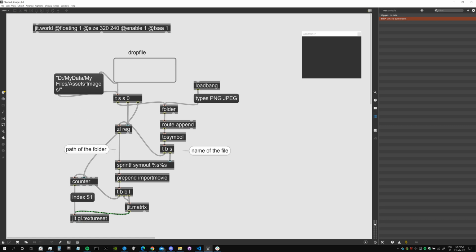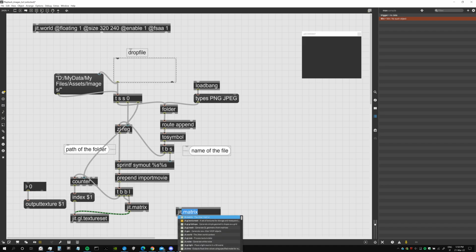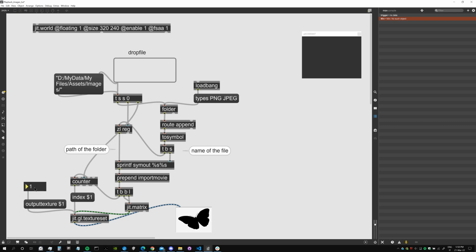Let me just click here. Good. And now we can output those images from jit.gl.texture set with the output texture message with an index. So let's give it a try with jit.pwindow. So this jit.gl.texture set goes to the pwindow, and let's see what we get. Cool. So we are getting some